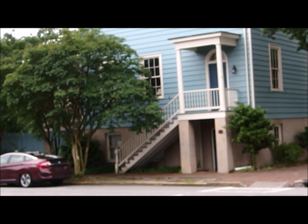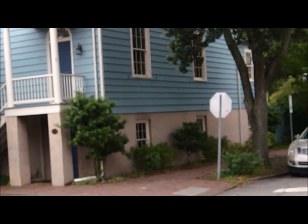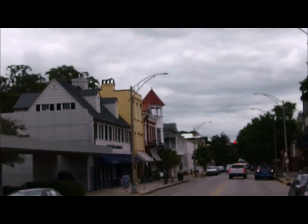Now we're coming to stop 13, the Isaiah Davenport home. Davenport was a master carpenter. He built houses for